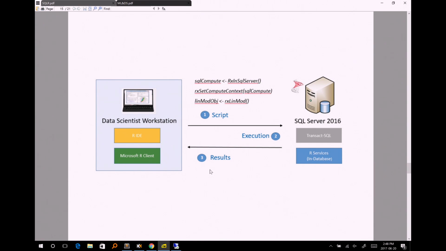At a very high level, the kind of back and forth that's going to happen starts like this. The data scientist on their machine has some R code, but that R code is pointing to data in SQL Server. And it's also going to run some analytics on it. In this case, you can see a little example, 3 lines of code that end up with rxLinMod, which is the R function in R Server for building a linear regression model. So the code is sitting on the left, the data is sitting on the right.